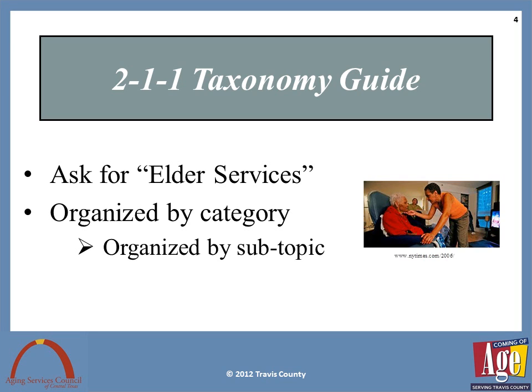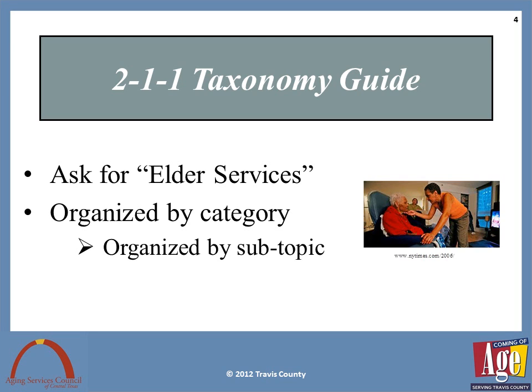Okay, so on page 11 is that 211 taxonomy guide. What you're going to do as an ambassador, or you're going to instruct an older adult or their caregiver, is when phoning 211, you may want to go ahead and ask for elder services. That's going to tell the 211 operator what type of category of information that you're looking